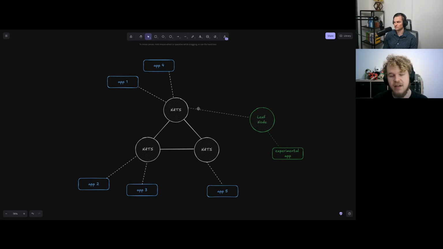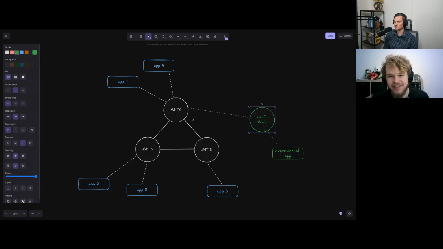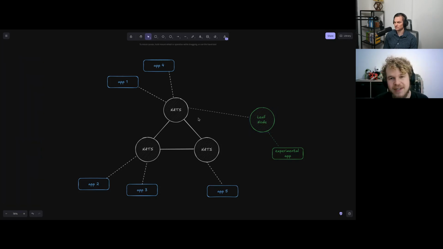So just by connecting a leaf node into the cluster and by using the same accounts, because there's isolation between accounts, so you need to ensure you're in the same account, then you just get these messages. But there's one issue with that, because of course, if you start generating events and start putting them on a stream, then they will also still go into the cluster. So you didn't really achieve anything, apart from, yes, for sure, connecting to a different system, but in the end, NATS makes sure everything's still connected. So from a connecting application's point of view, although it's four servers running, it's still one system.